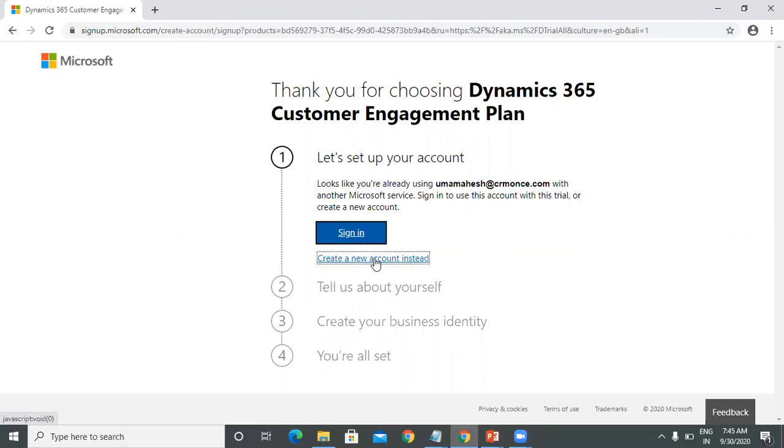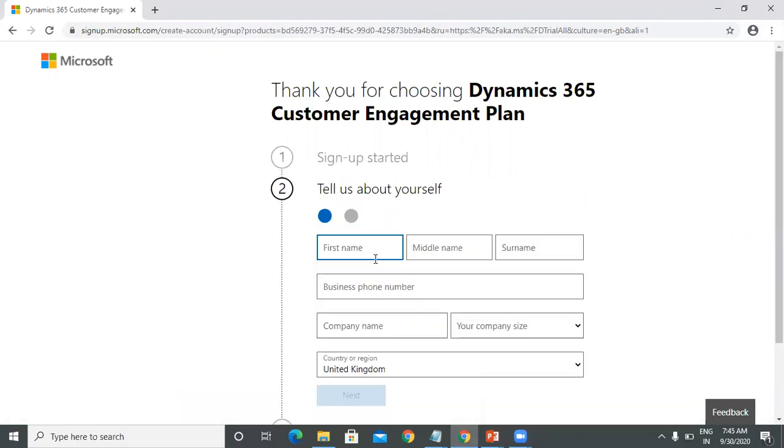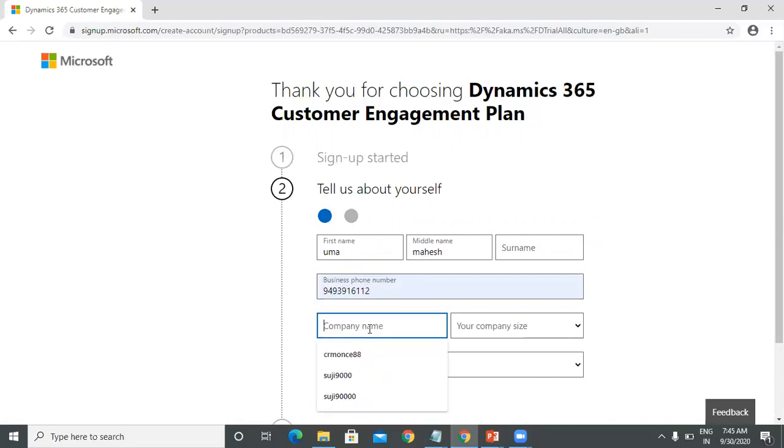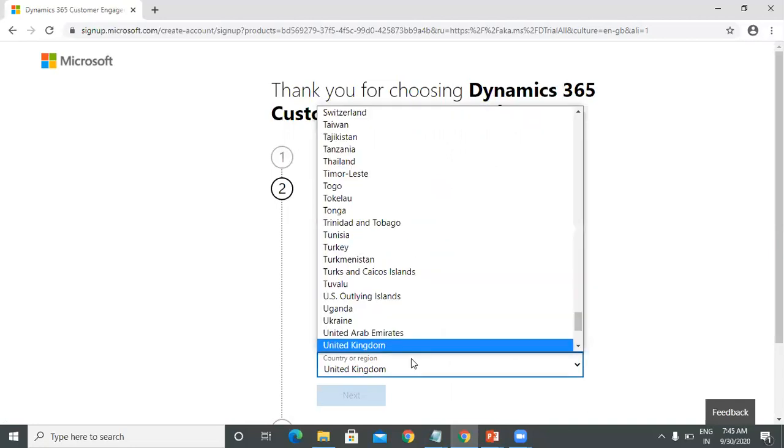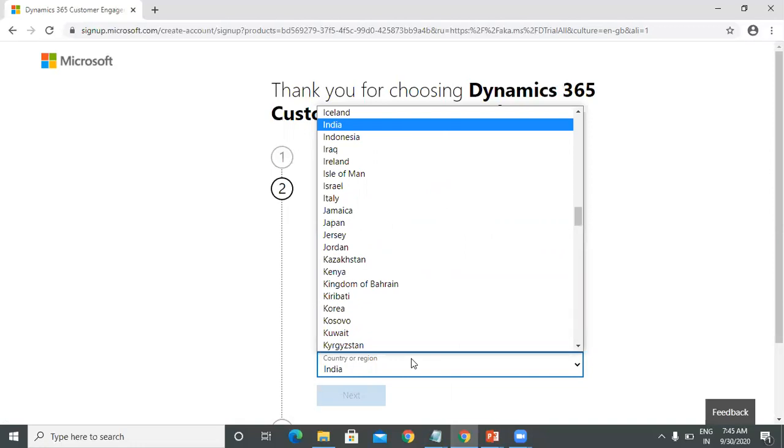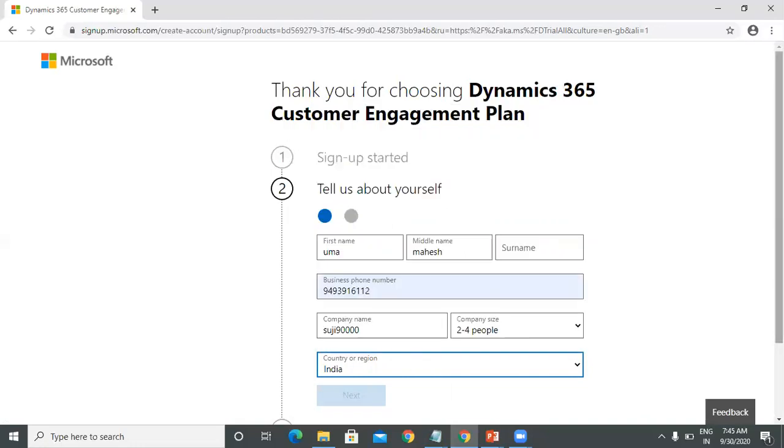Here we can create our account. I'm just giving some company name. We can select how many people are in this company, and the country or region, whichever country you have.